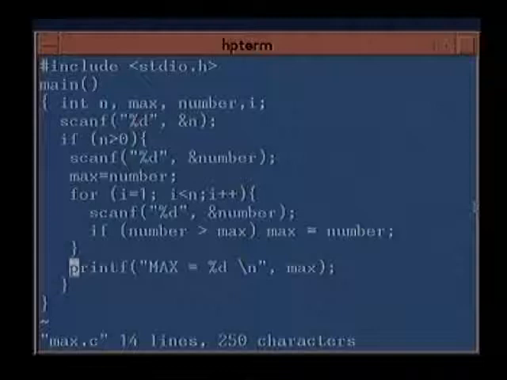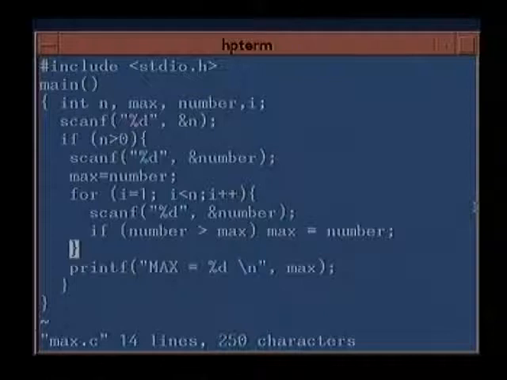Now we are supposed to read in a total of n numbers. Let us check whether we are reading in n numbers. We are reading in one number here, and this loop starts with i equal to 1 and continues as long as i is less than n. So it will read n minus 1 numbers in this loop. So you read exactly a total of n numbers.